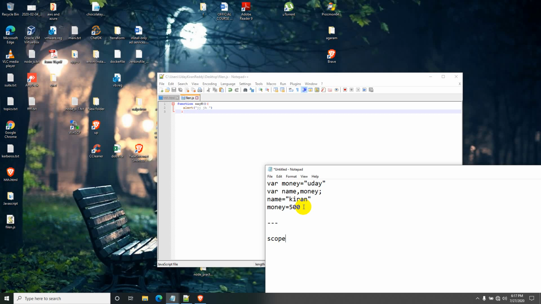And there is some convention also for variable names. They should not be keywords like break, boolean and so on, and they shouldn't start with numbers. They can start with an underscore, so underscore 123 is a valid variable name. JavaScript variable names are case sensitive, so Name and name are both different. There are many reserved keywords you need to take care of.